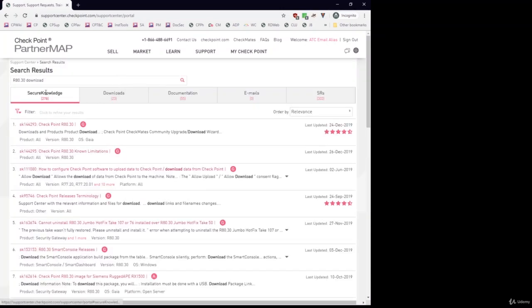So here under the Secure Knowledge tab, there's a lot of Secure Knowledge articles that were returned because they mentioned R80.30 and download. This first one, by the way,